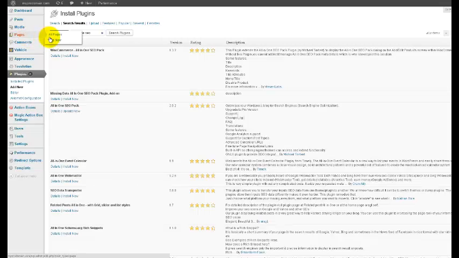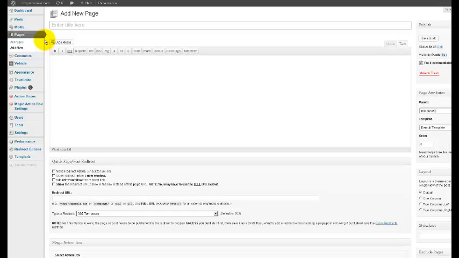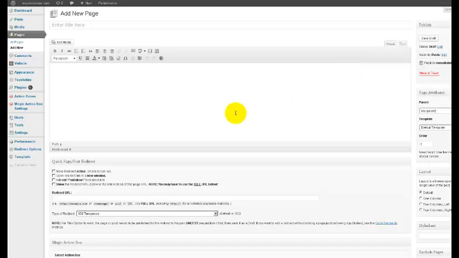To add a new page, all you're going to have to do is go in here and click Add New Page. And that's it. I mean, you go on there. Right now it's in text, which would be like all your HTML. Or you can go to the what-you-see-is-what-you-get page and just click visual. And